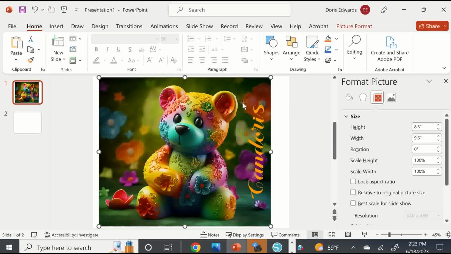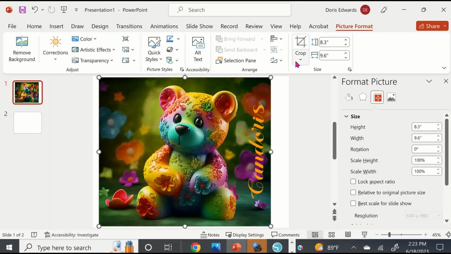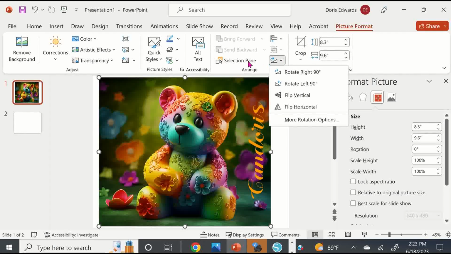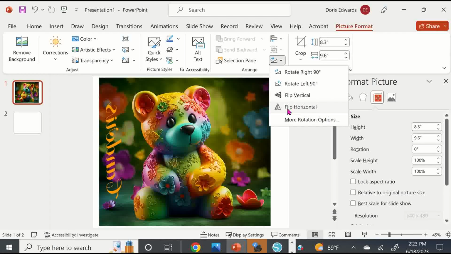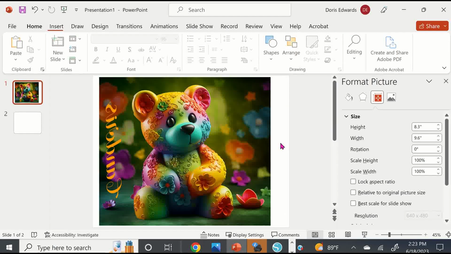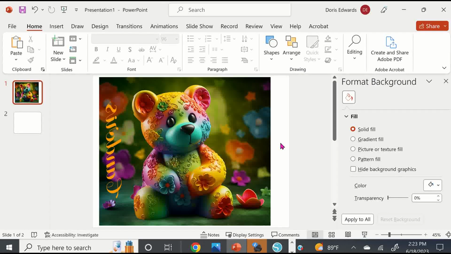To do the mirror in Cricut Design Space and Microsoft PowerPoint, you're just going to make sure you click on your image, and then you're going to come here to picture format, and we're going to click on the selection pane and say flip horizontal, and that's going to give you your mirrored look, so that when you print this out, it's going to print out correctly. Okay. All right. So now that we have that out of the way,